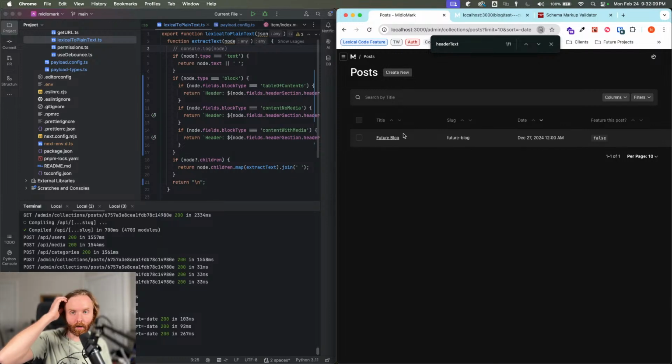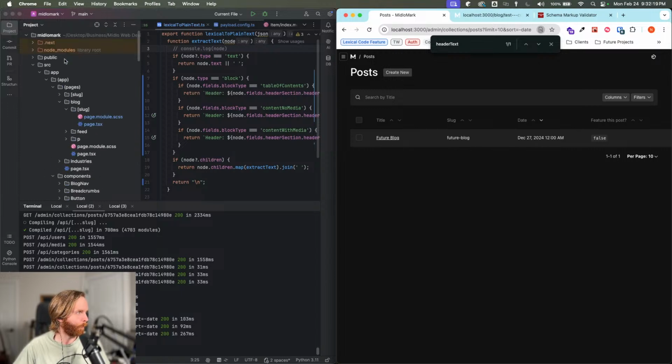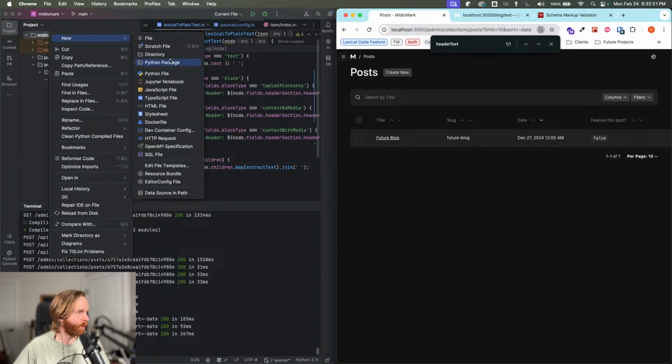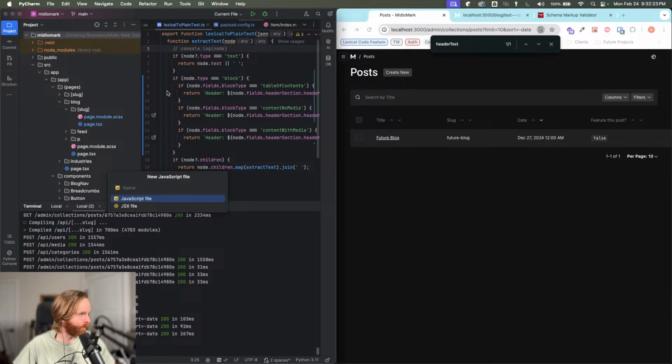So when I turned on versions and drafts, it got rid of my posts. They're still there. It's just how they're seen is different. So we're going to just in our root create a new JavaScript file just to make sure it doesn't need types. It does not. So we're going to just do draft script